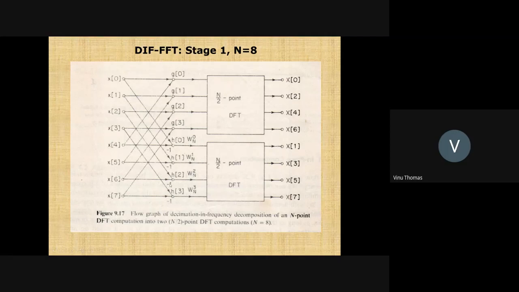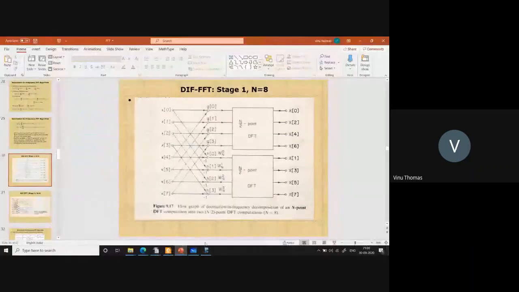Now, what about this? For the odd samples of the output spectrum, subtract from the first half the second half. That is, you find out the values as X of 0 minus X of 4, X of 1 minus X of 5, X of 2 minus X of 6, and X of 3 minus X of 7, and multiply this by W_N raised to n, which is W_N raised to 0, W_N raised to 1, W_N raised to 2, W_N raised to 3, and then compute the N by 2-point DFT. So I will just illustrate that also on the whiteboard.